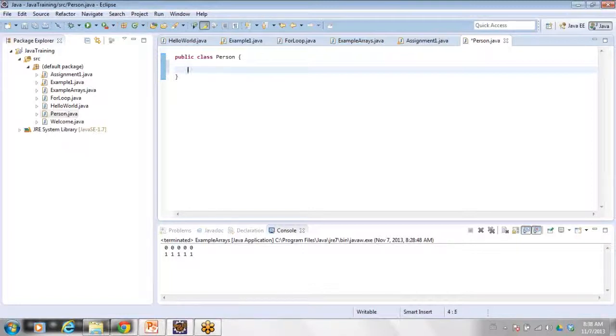He will have a name, a sequence of characters. So we will use a data type called String. This is not a primitive data type that we have discussed till now. This is a data type from the Java library. Whenever we want to represent names or sequences of characters, we can use this data type String.